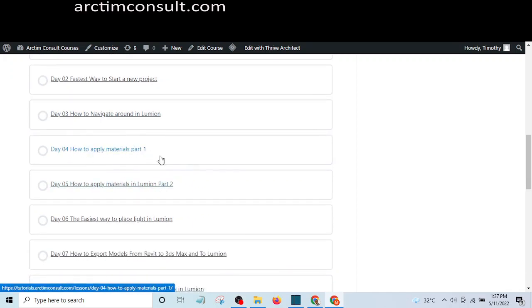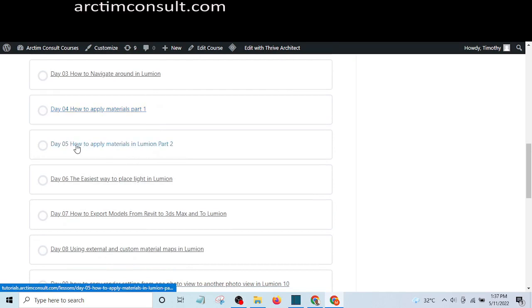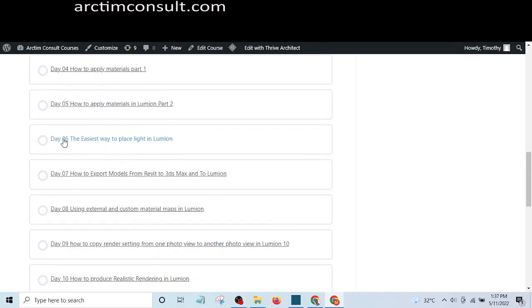And you also learn how to apply materials. This is part 1. There are so many things you need to know about how to apply materials. And in part 2, you will go further and you also learn how to